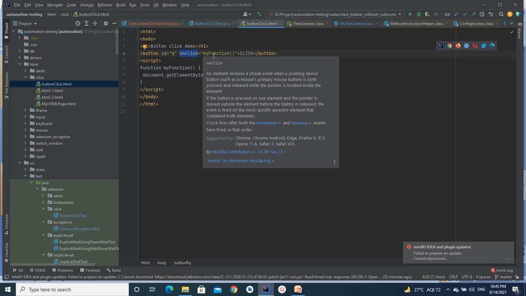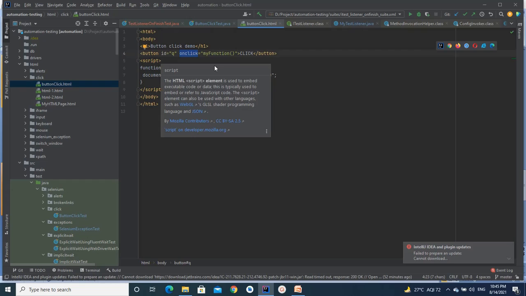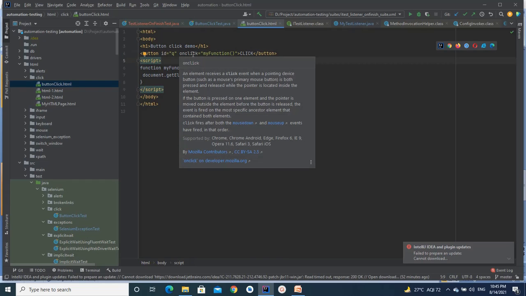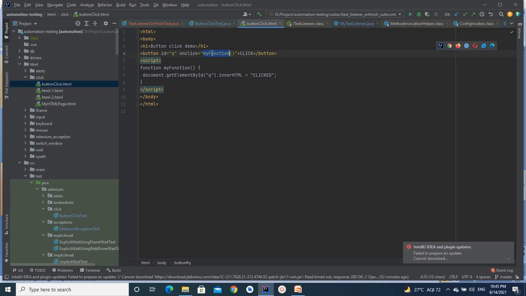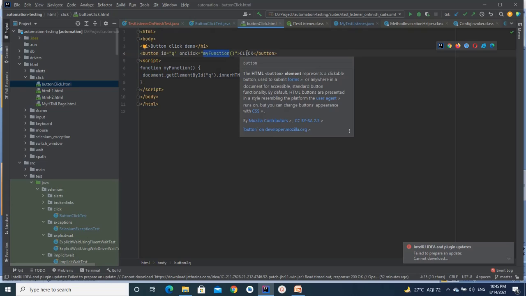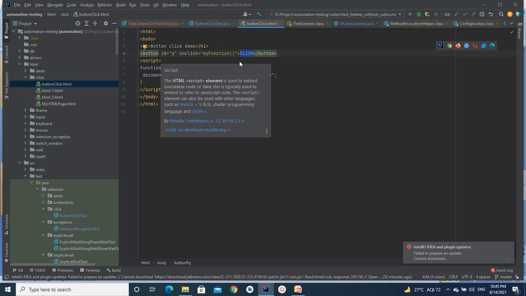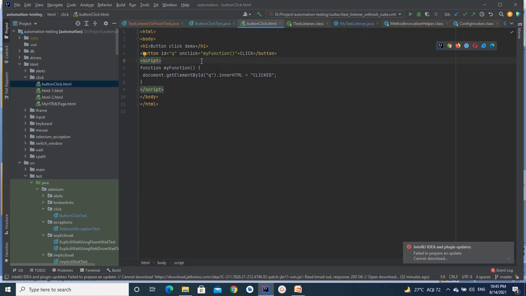a little bit of action handling over here. If someone clicks on this particular button, I'm calling a function. Its name is myFunction, right? And the label of this button is click. Initially when this page appears in the browser, you will see a button and the label is click.